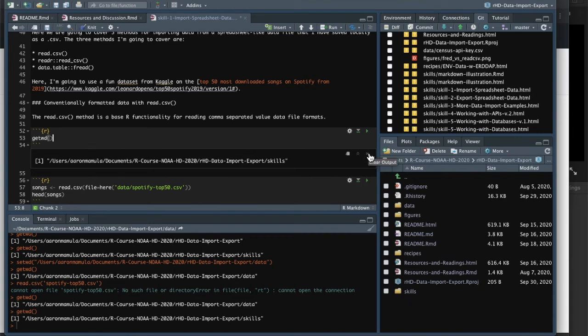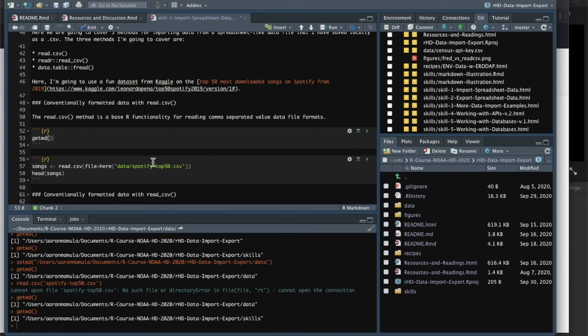So all that means is that if you're going to change the path here, if you've set your project up differently from the way that I've set mine up, and so perhaps the Spotify top 50 lives in a different place than the data subdirectory of the root directory of the project, or the project directory is somehow different from the way that I've set these projects up, and you're going to replace this line here,